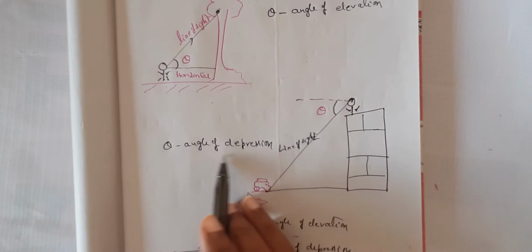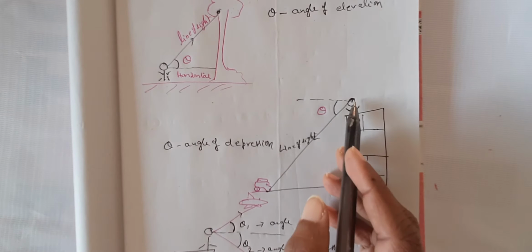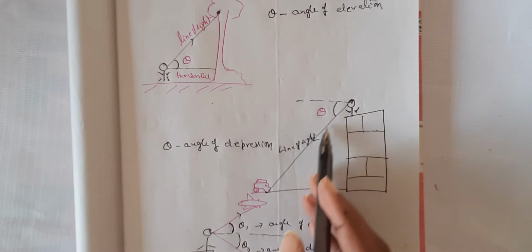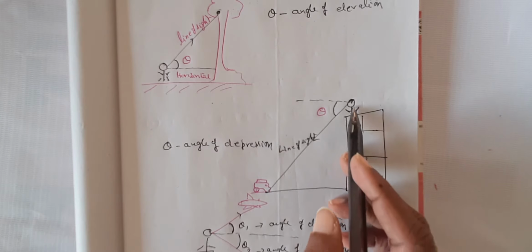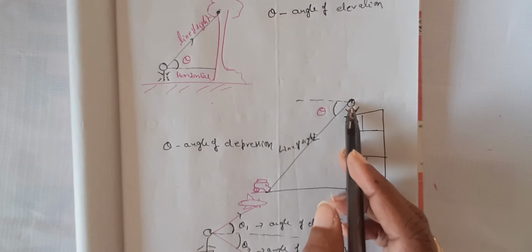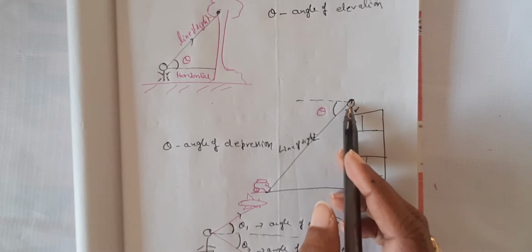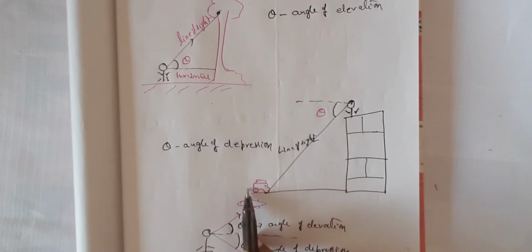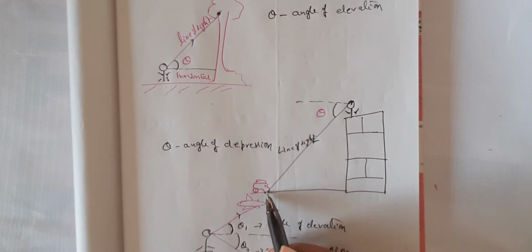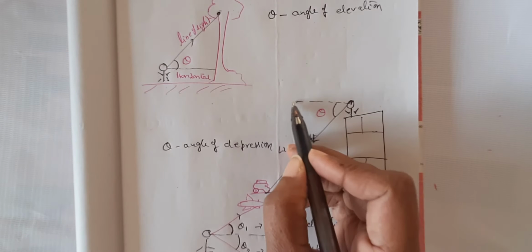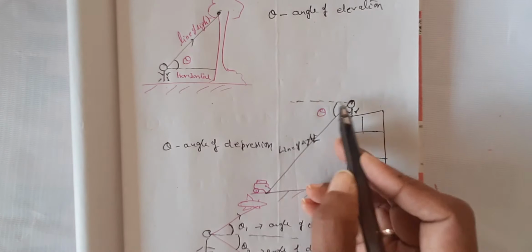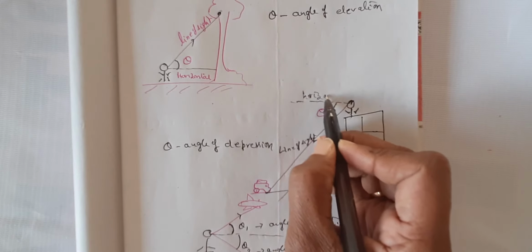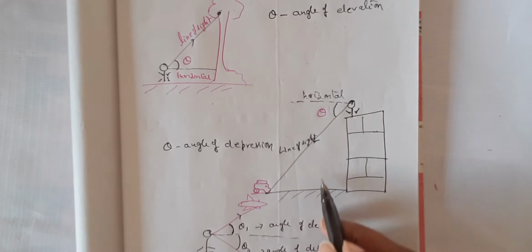So what is meant by angle of depression? When our line of sight is downward, we call it the angle of depression. Likewise here you can see that on the top of a wall there is a person, and from the top he is watching a vehicle which is parked here. So his line of sight is like this, downward. Now draw a line parallel to the horizontal, that is the surface here. This will become the horizontal here.